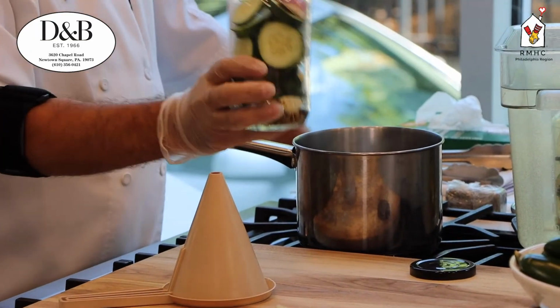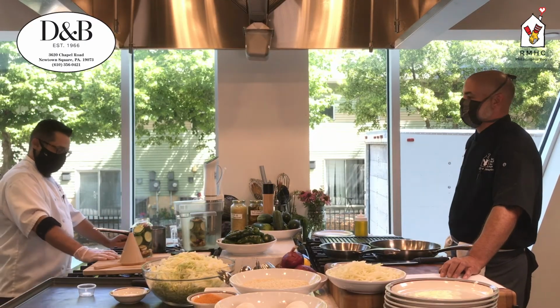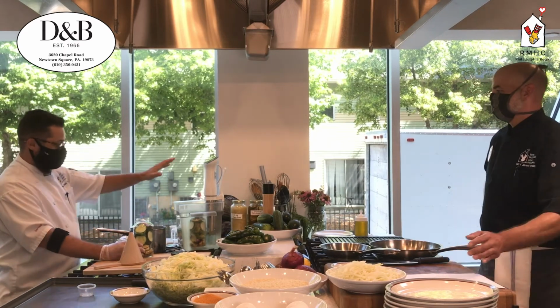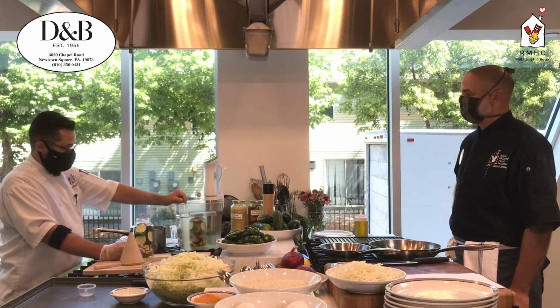With a smaller jar, it works really well to do slices. Yeah, you want to have it nice and jam packed in there, and you want to make sure everything is fully submerged, right? Yep, everything fully submerged. And speaking of fully submerged, going back to the new school method, you really want